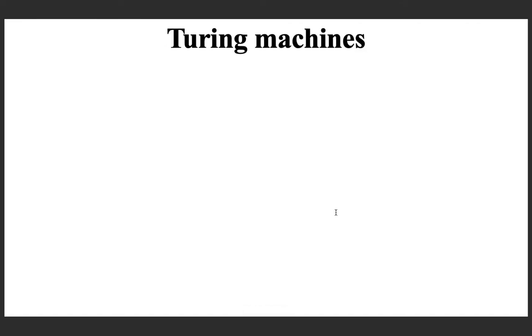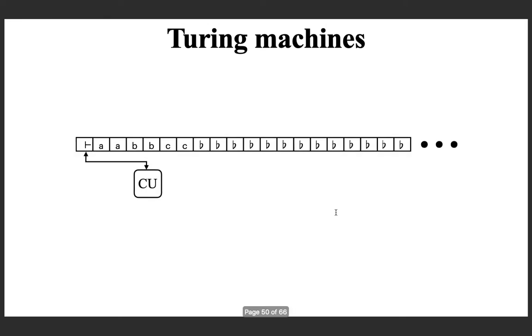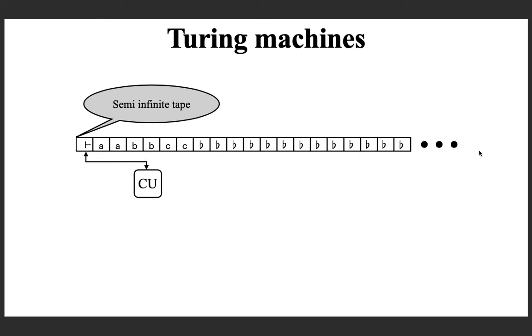And after context sensitive grammars, we will be discussing the most powerful class of automata, namely Turing machines. The structure is very similar to a linear bounded automaton. The only difference is that here the tape is semi-infinite, meaning infinite to the right. It is closed here, but towards the right it is infinite. That is the only difference, otherwise it is the same as a linear bounded automaton.